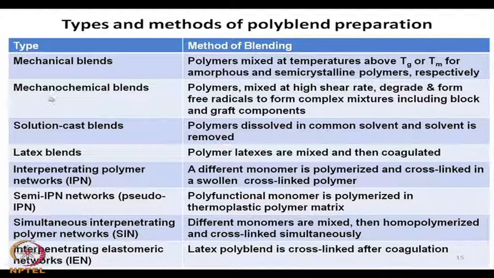Now, mechanochemical blending, or mechanochemical blend, is another class of polymer blend which is prepared by simultaneous application of mechanical shearing as well as some chemical reaction. So, mechanical shearing and chemical reaction both help mixing of the component polymers, and they are mixed at high shear rate. The two component polymers are stirred at a very high shear rate, and the polymers degrade during such mechanical shearing,